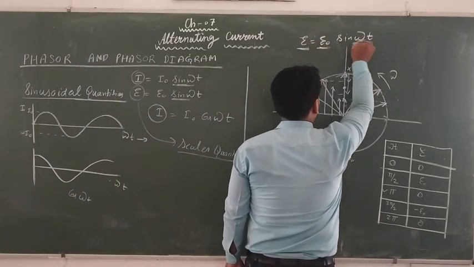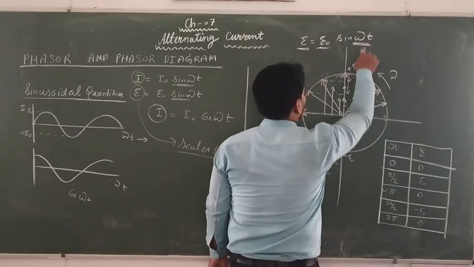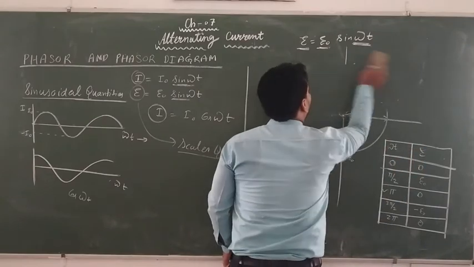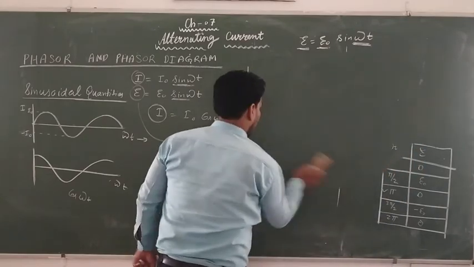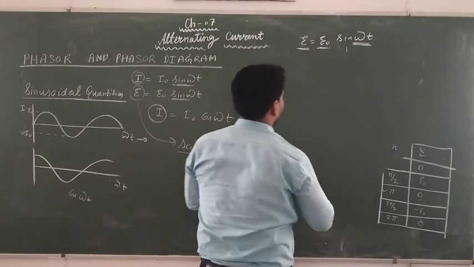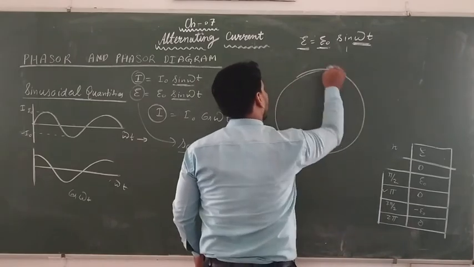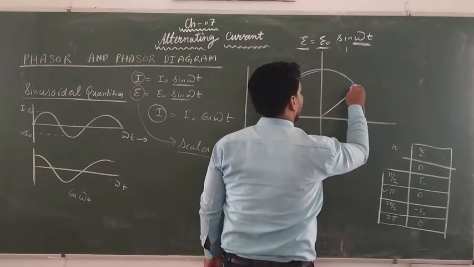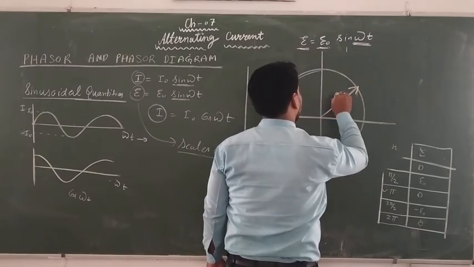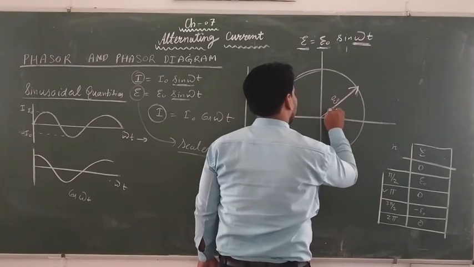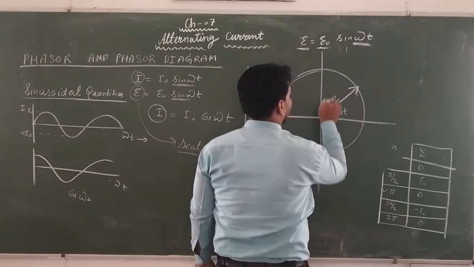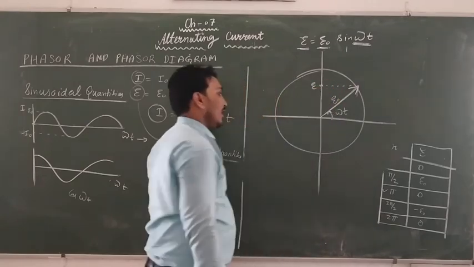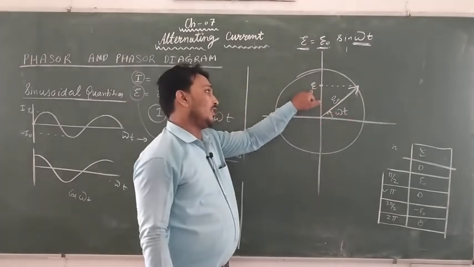And what is omega t? Omega t is the angular displacement covered in the time t. So let me make a phasor diagram. So how is that EMF represented over here? So EMF is represented like this. This is your arrow, which is called a phasor. Its length is E0. This angle is omega t. And what is the value of E? We draw a perpendicular. Here we get the value of E. At time t, the value of EMF is E.